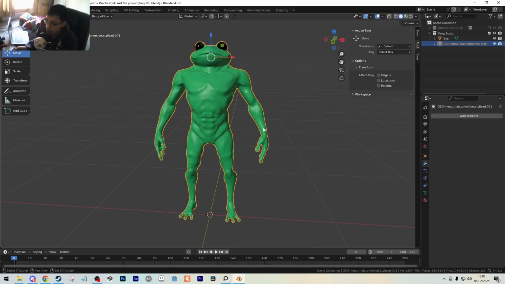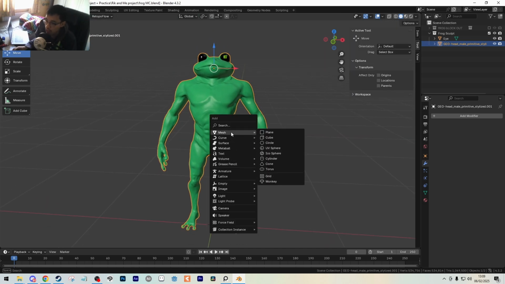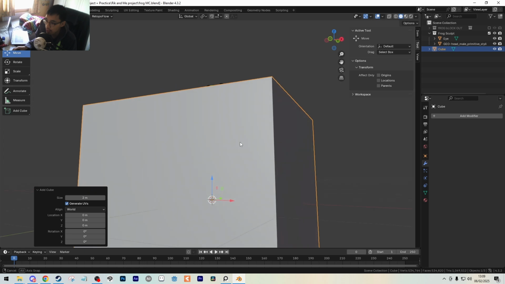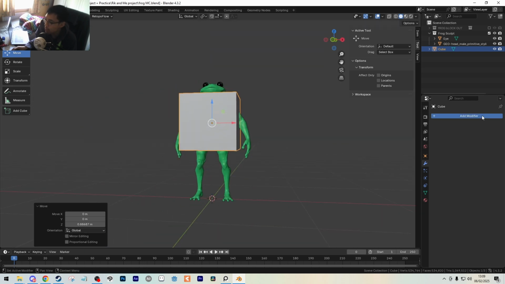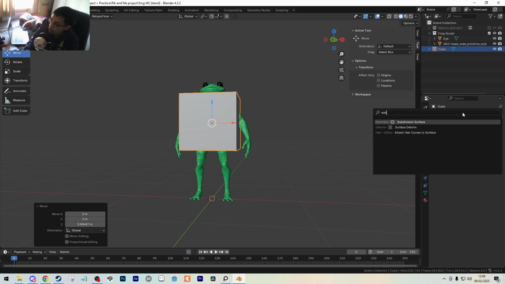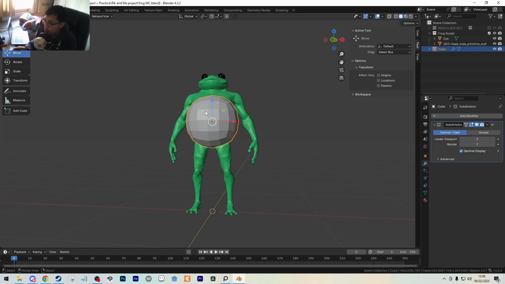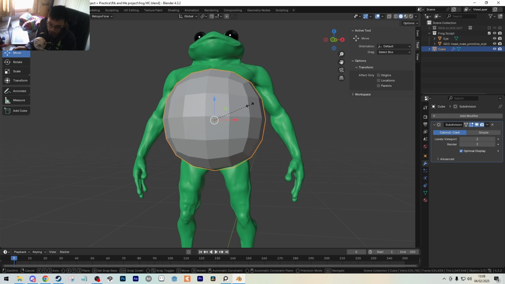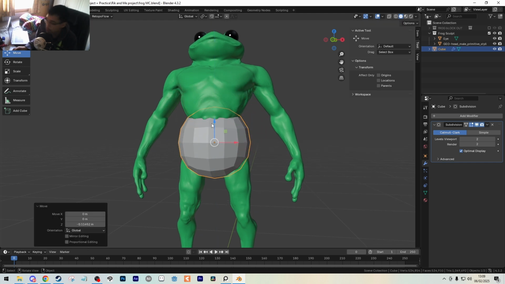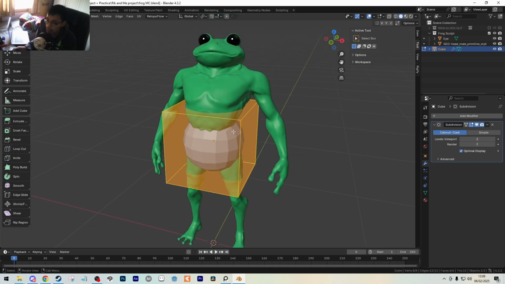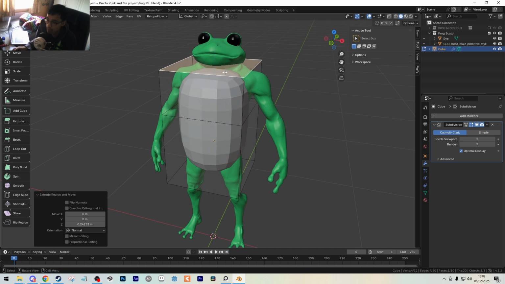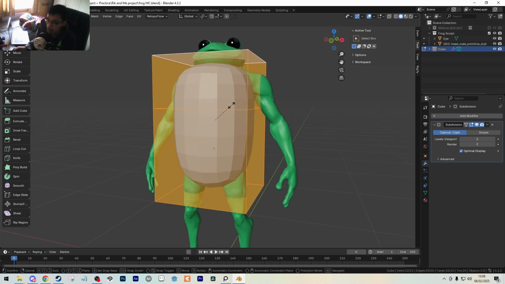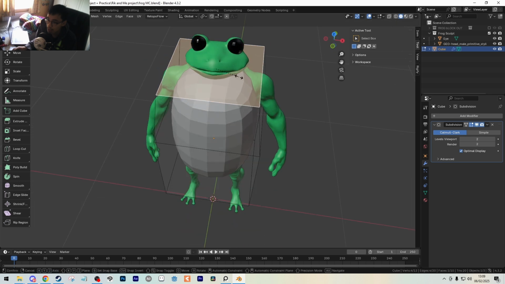So to start this guy off, we're gonna press Shift A, add a new cube, resize it into his shape, and move it into position. Put a subdivision surface modifier onto it, and make it a bit bigger. Just scale it into the correct size. I would say something around there. And then we will slowly go into edit mode and extrude upwards these faces and make a block out, basically, essentially. And we'll make this a bit bigger, make the head a bit smaller,